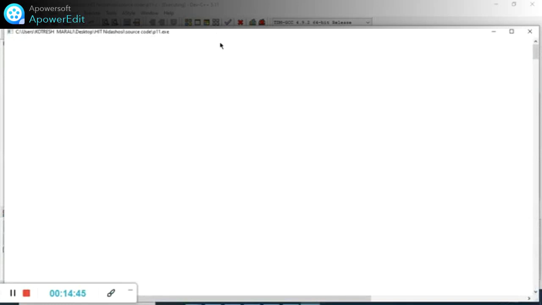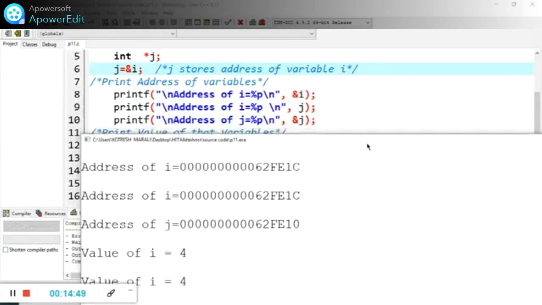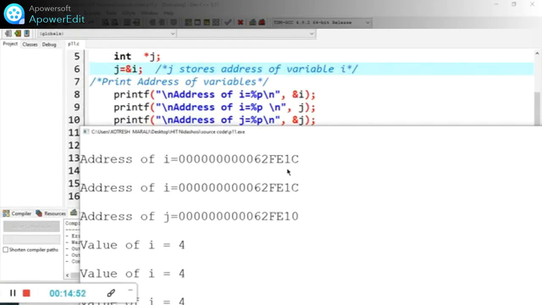Now you can observe the first and second printf give me the same address, 62fe1c, but the third printf statement is different because I am printing the address of my pointer variable j, which is 62fe10.